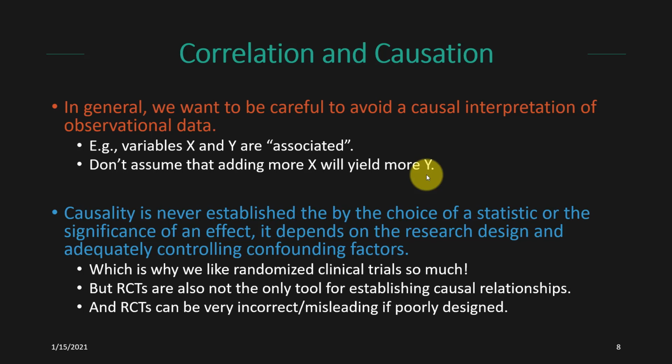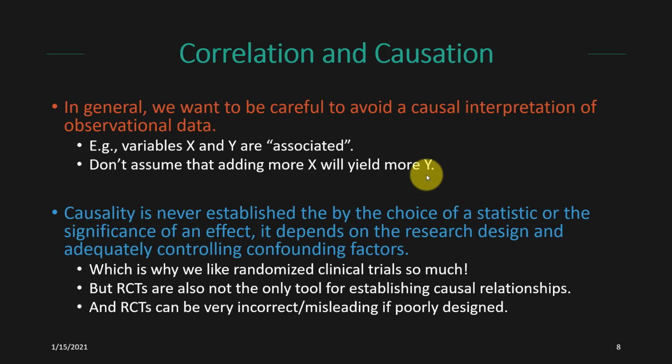There are structural equation models and causal inference models where, using observational data, you have to build pretty complicated models and protect yourself against all the known confounders, but you can start to make more causal claims based on purely associational data. We also want to avoid privileging RCTs so much, because it's true that RCTs are a